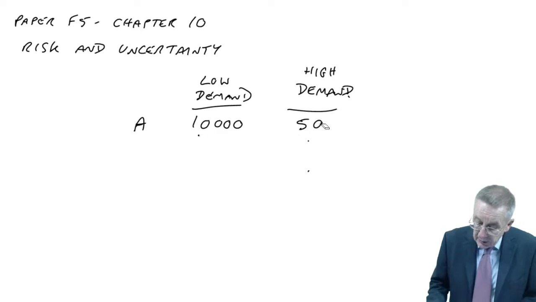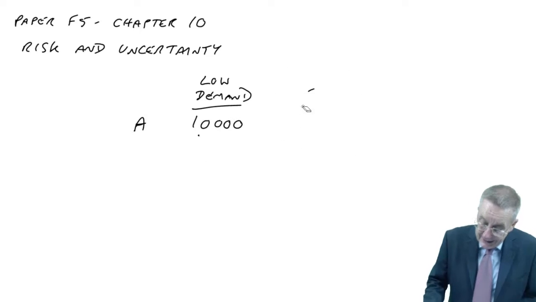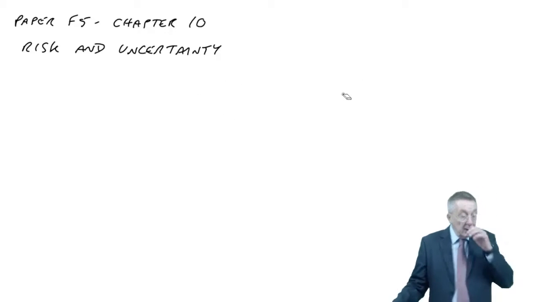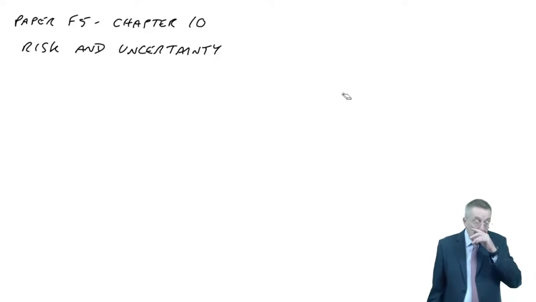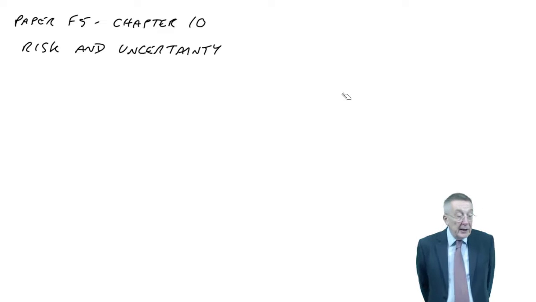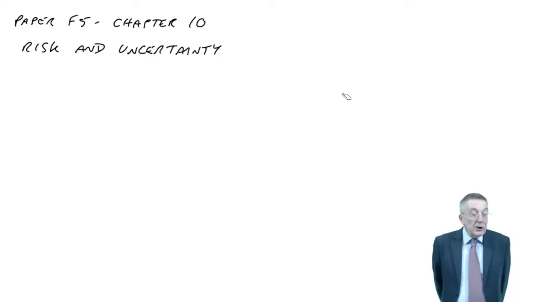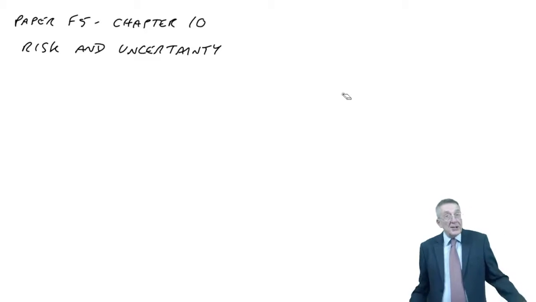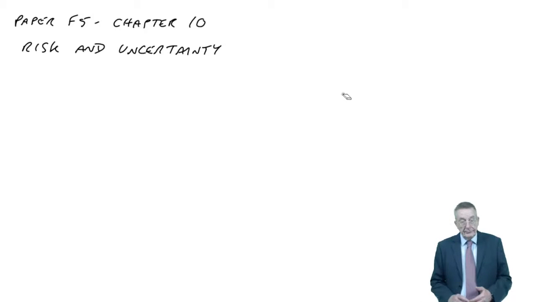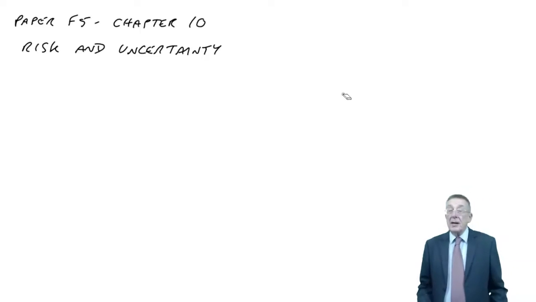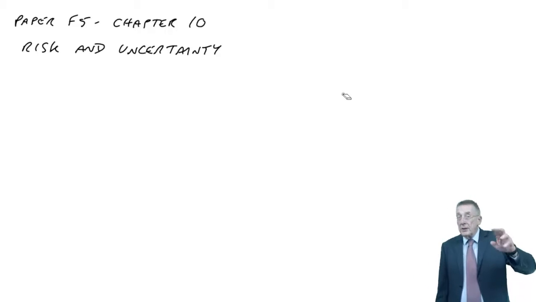Let's now, though, look at a full question, a full example. If you turn over to example 1 on the next page, read it with me, and then we'll start working through it. John has factory capacity of 1,200 units a month. So whatever happens, that's the most we can make. Units cost him $6 each to make, and the normal selling price is $11. So we make $5 a unit profit.